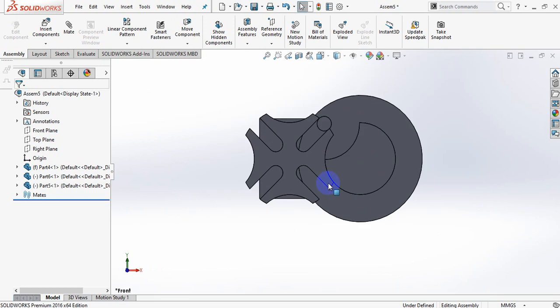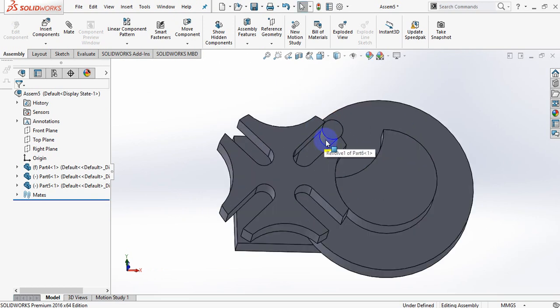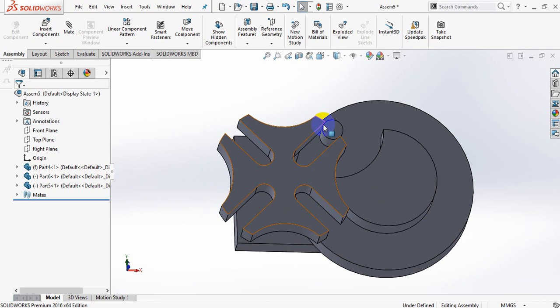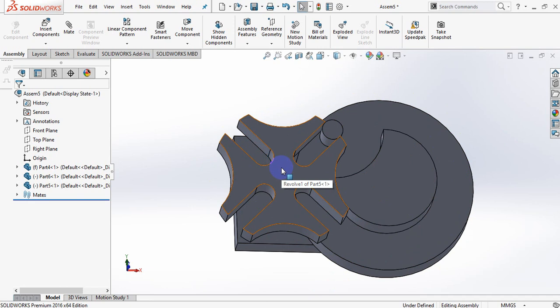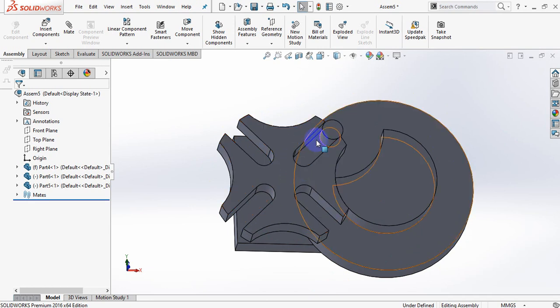Up to here our assembly is done, but from here kinematics will start. So how do we use kinematics on these two motion profiles? This is a 360 degree profile. After revolving this part 360 degrees, this profile will rotate only up to 90 degrees because of the mechanism.